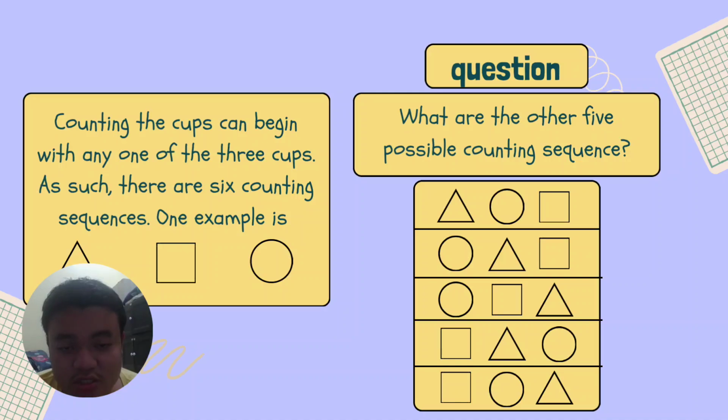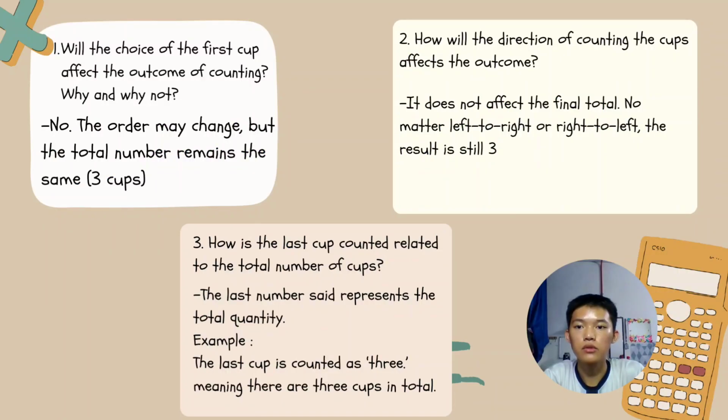So this is the answer: square, triangle, circle; square, circle, triangle; square, circle, triangle; circle, square, triangle; circle, triangle, square. So the first question is, will the choice of the first card affect the